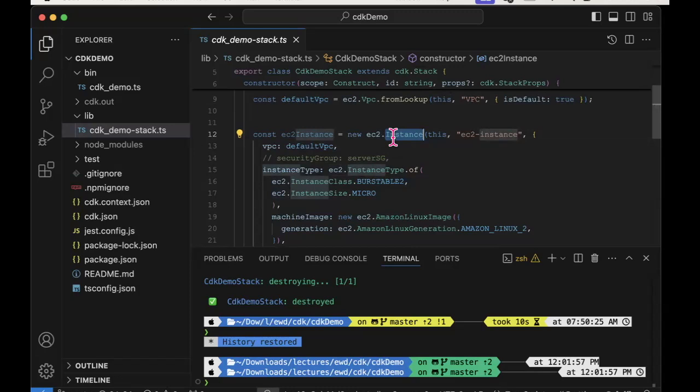It'll create a default security group and some other resources as well. But they will happen automatically. And that's the nice aspect of these L2 constructs. We don't have to specify every single part of the infrastructure that we want created. The framework will work out what other parts of infrastructure need to be created if you haven't specified them.